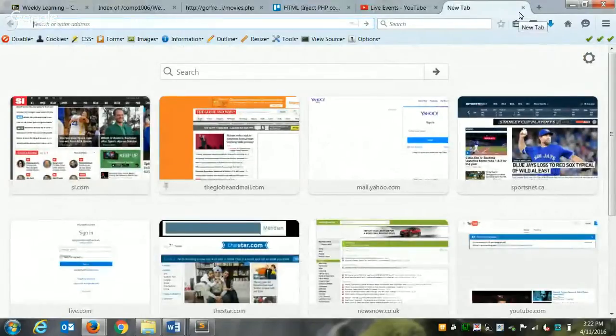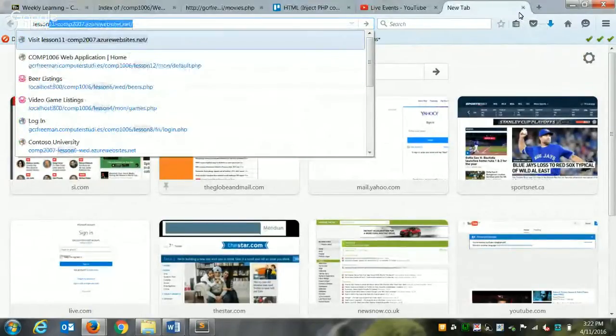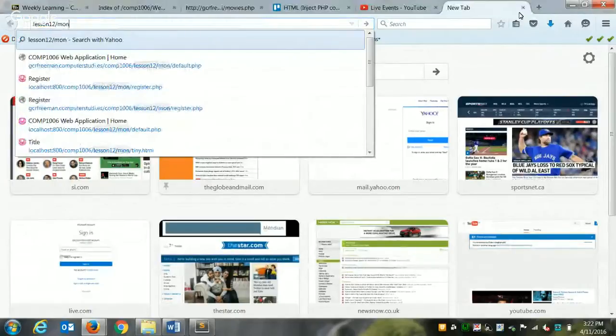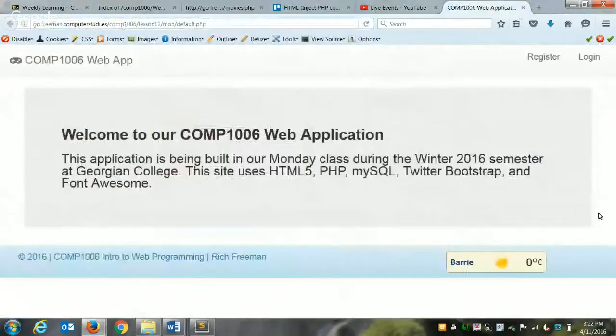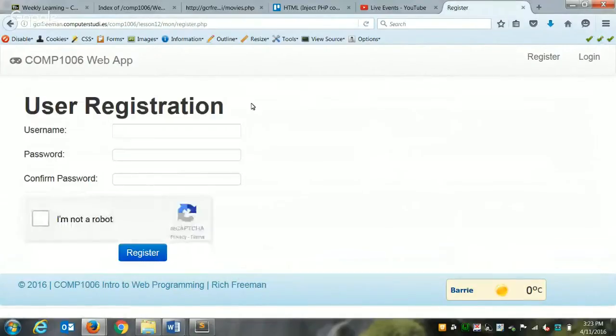Let me just pull up my lesson 12. I also fixed the little layout problem I had here, so I'll show you how to fix that. So here was our application as of the end of class last week. We had our little weather widget, we had our reCAPTCHA, and I'm not sure if I've added the comments thread